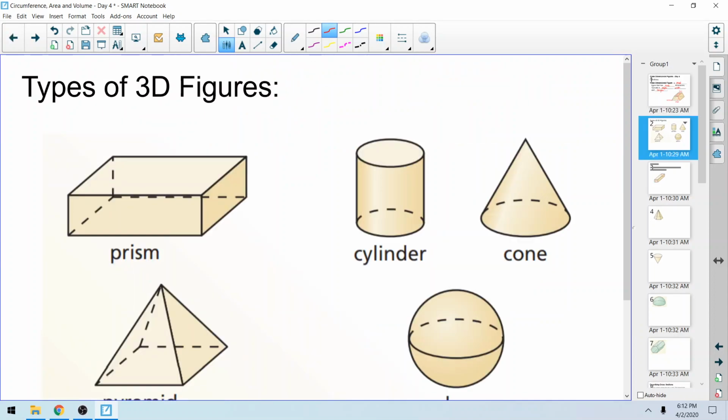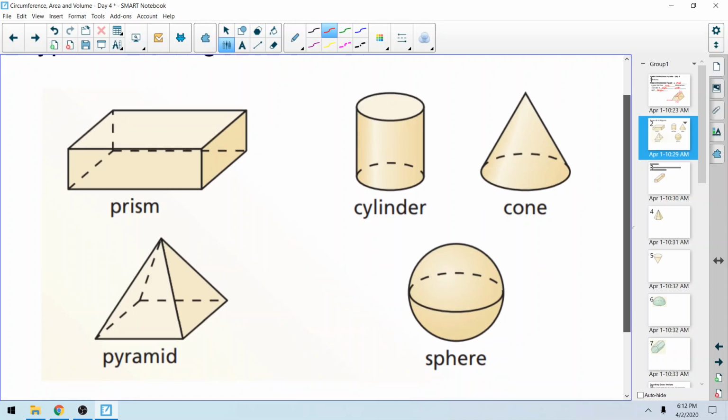A couple examples of three-dimensional figures that we're going to deal with. We first of all have a prism. We also have a pyramid. And then we have a cylinder, a cone, and a sphere. Now, the biggest ones I want to draw your attention to, because in a minute here we're going to start naming these things and you're going to need to know the difference, is the difference between a prism and a